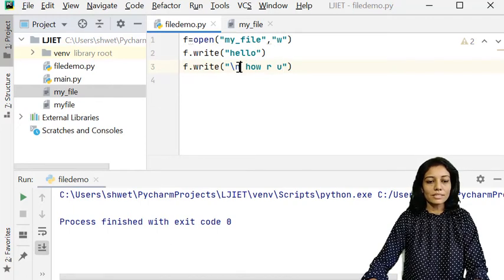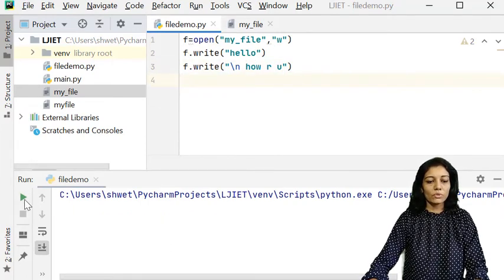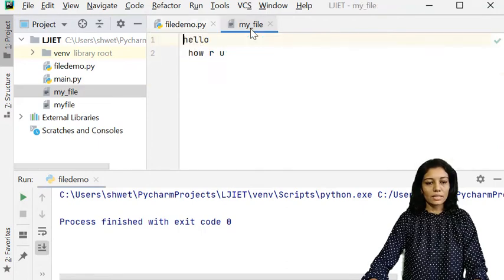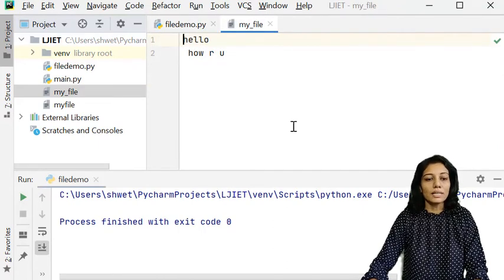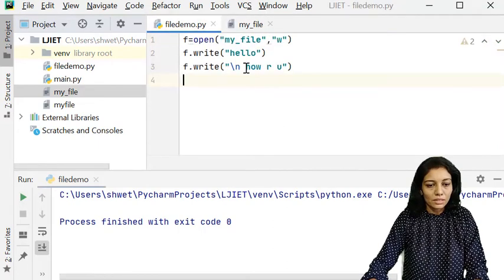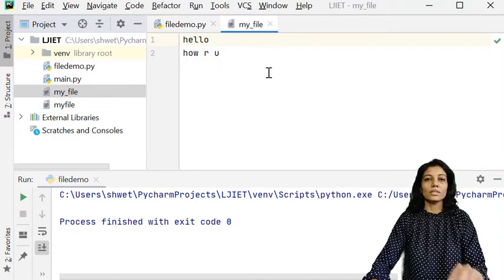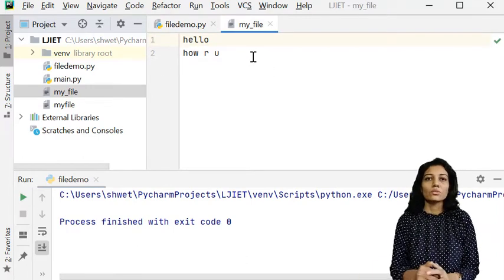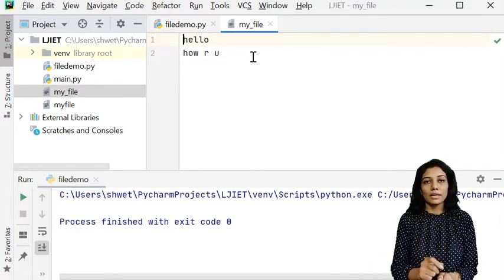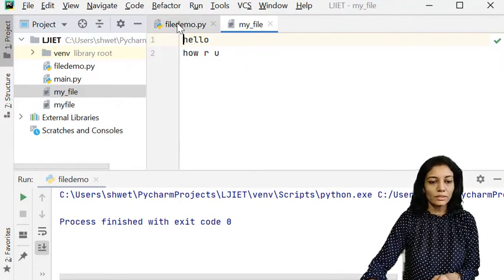That is the reason why I have included \n. Now again I'm going to execute the code. Let us check the file content. Yes, it has printed \n, but here I have mentioned this space. Let us execute it. So yes, there is no space anymore now. So the second line will be printed over here.